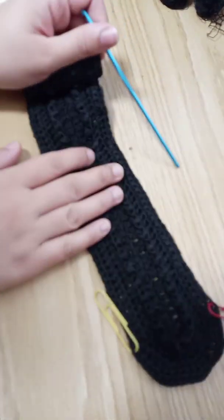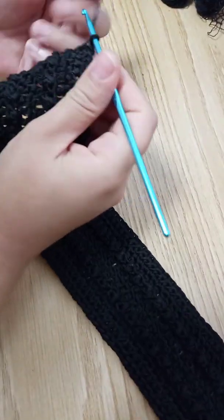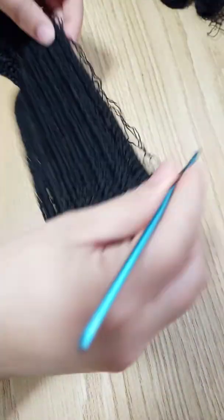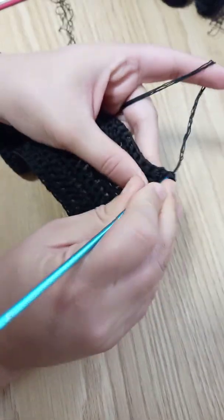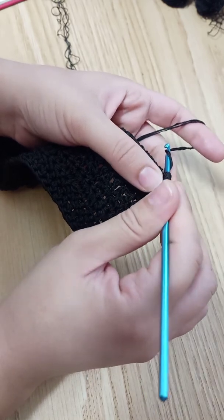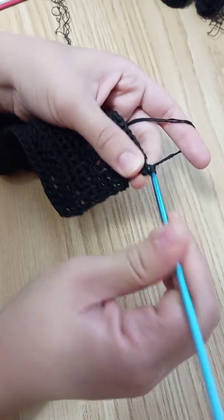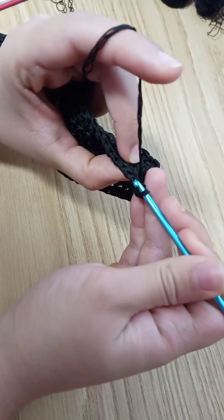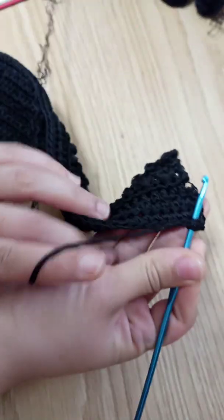Now I finished my work with 1 simple crochets. Like you see, start to increase, and now I'm gonna chain 1, and this time you're gonna go back to the pattern of 1 half simple crochet, 1 half double crochet, and then the slip stitch in the next one. So I'm gonna start here with 1 simple crochet first, and then from the exterior you take the exterior,